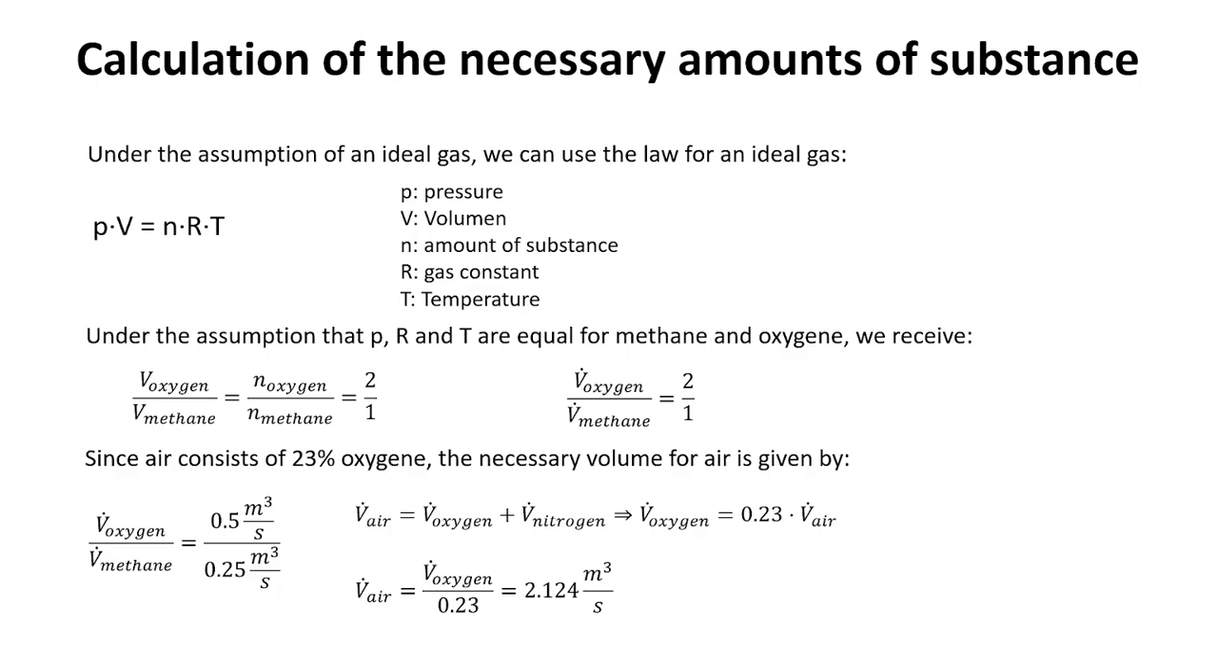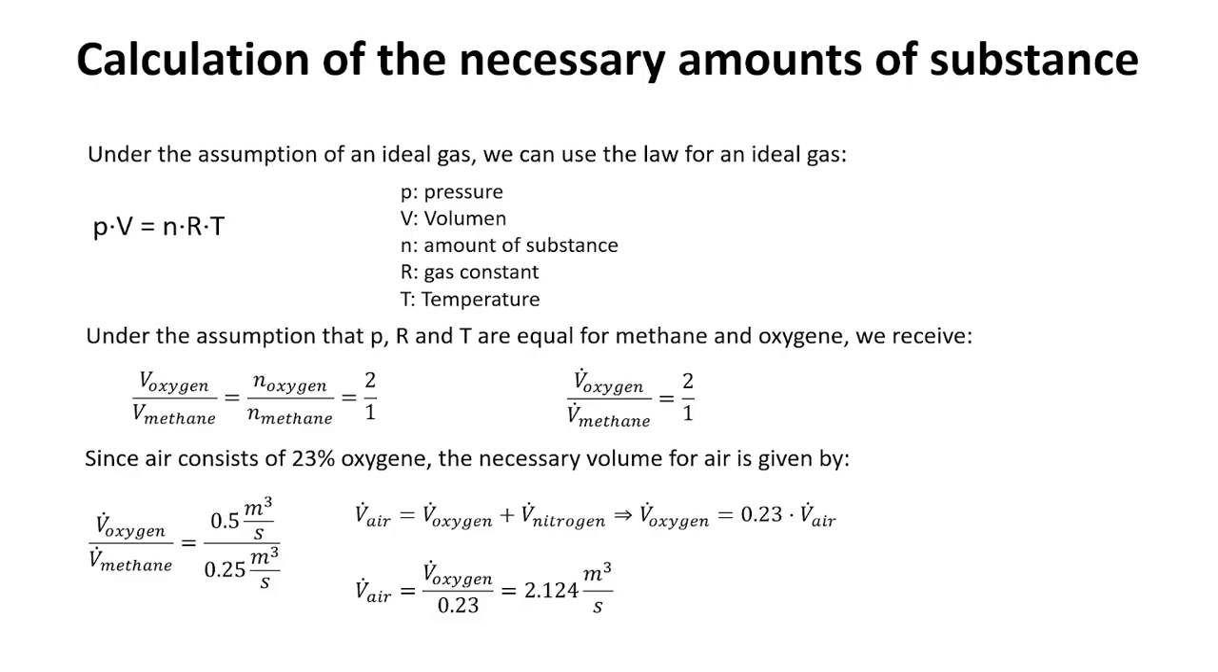We take the assumption of an ideal gas, so we can use the law for an ideal gas. The law for an ideal gas is P times V equals nRT. So P is the pressure, V is the volume, n is the amount of substance in mole, R is the gas constant, and T is the temperature. Under the assumption that the pressure, the constant, and the temperature are equal for methane and oxygen, we receive